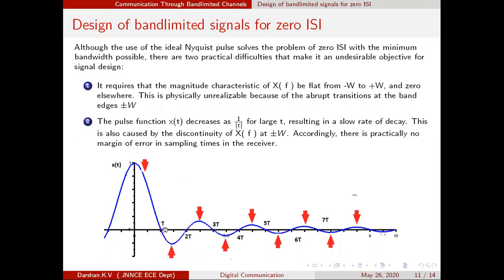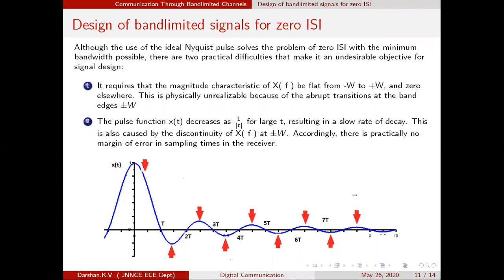But normally, what is a sampler? It is made up of electronic circuits. If there is a problem in your electronic circuit, and you are not able to take the samples at the proper time, I hope you understand the case study I am giving. Suppose you are not able to take the samples exactly, which means what? For every T seconds you are supposed to take the sample.